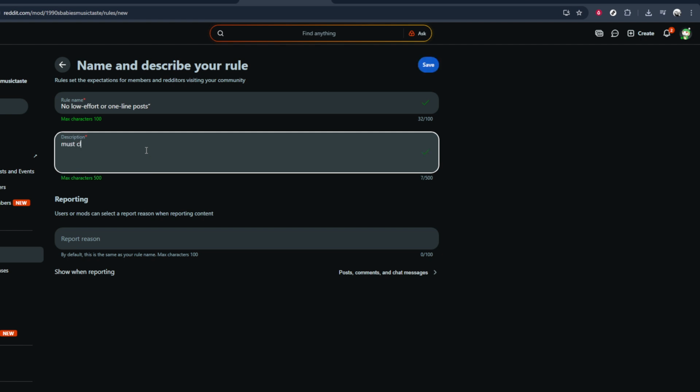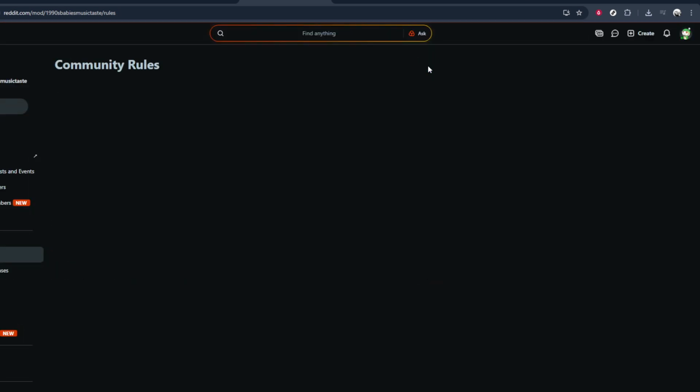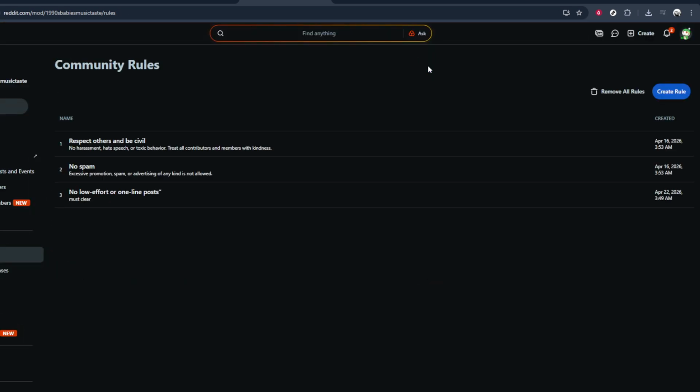In the description box, you can go into a bit more detail. You might explain what low effort means in your community, give examples of posts that are not acceptable, and mention any consequences like removal of the post or a temporary ban. After you've written the title and description, review the